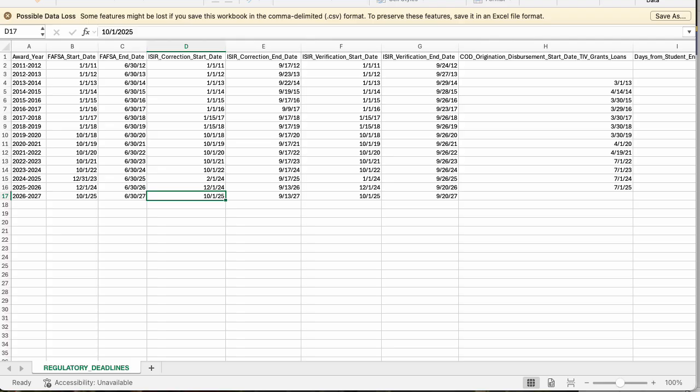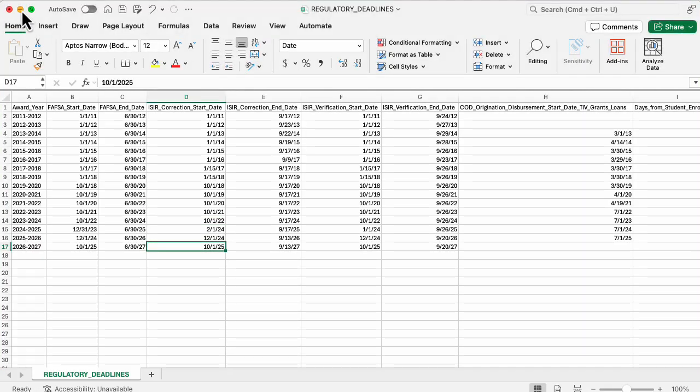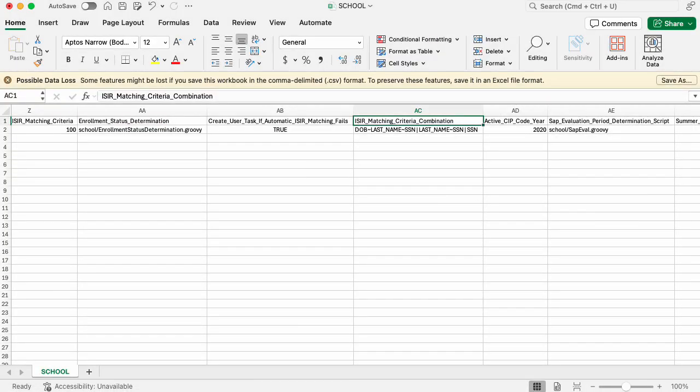As a key note, while testing, you'll need to update the FAFSA, ICER correction, ICER verification, and ICER award year start dates to a date less than or equal to the date you are testing. Remember to only update these values in your test environments, as your production environment should more closely align to department specs. Moving to the school workbook, this typically does not change year over year unless there are new guidelines from